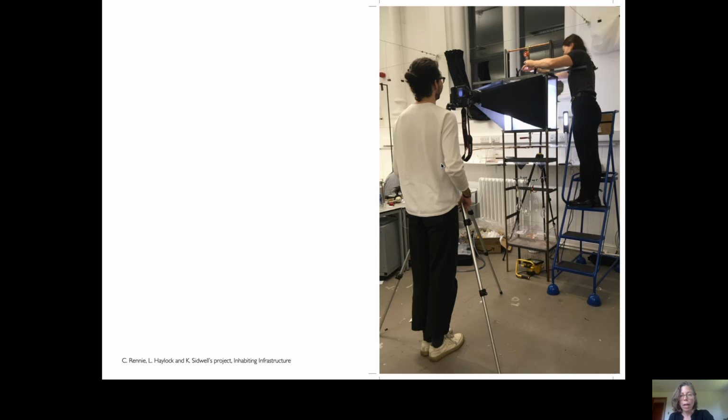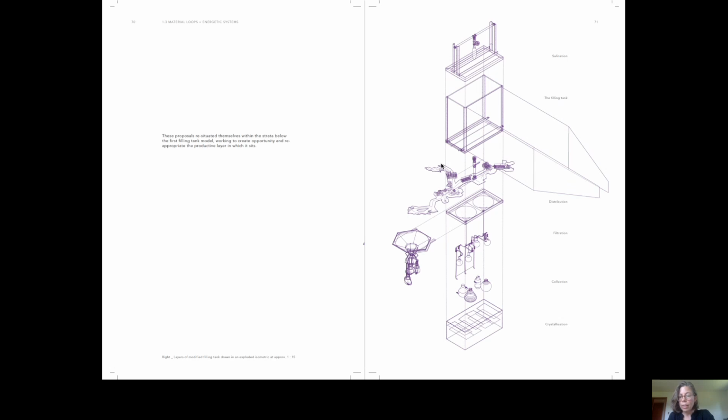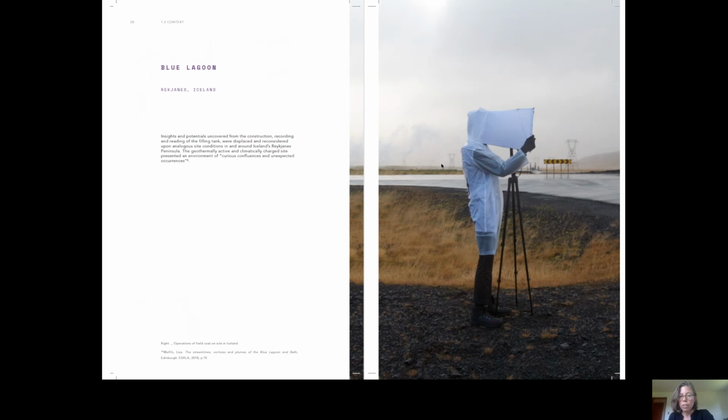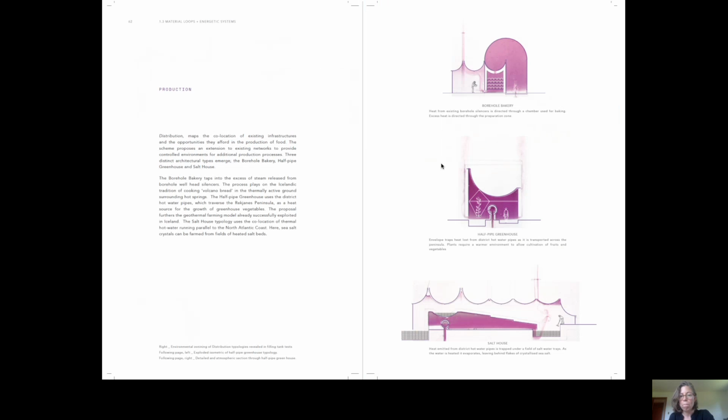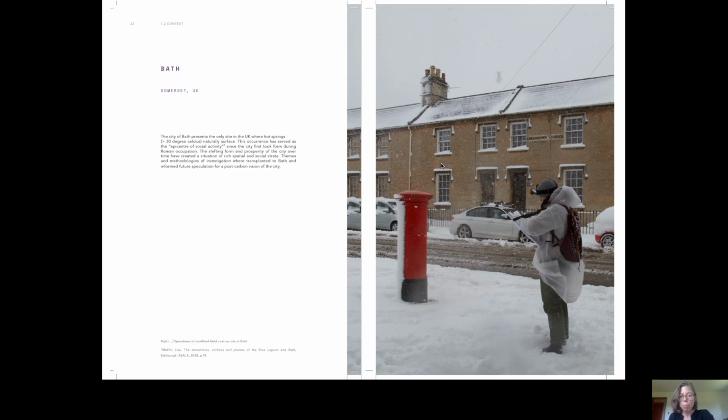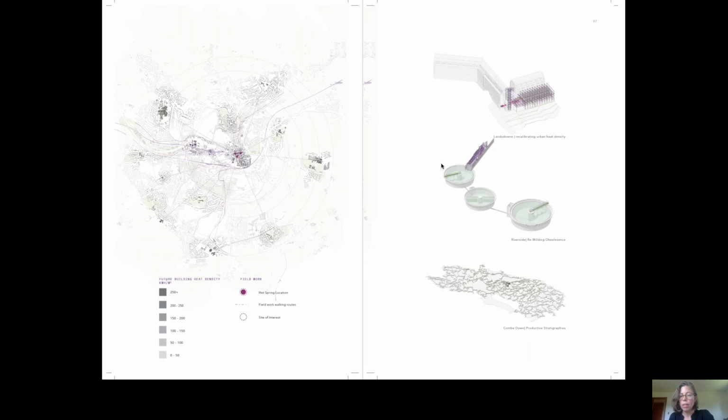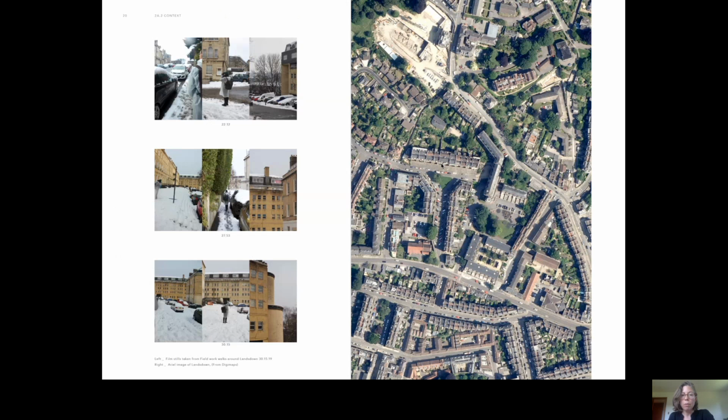So this multi-scalar capacity of the environmental model informed the work of Rennie, Haylock, and Sidwell in their project Inhabiting Infrastructure. They were really interested in material cycles and developing closed-loop systems, which opened up ways of thinking about larger territorial and infrastructural scale issues on site, both in Iceland, but also in Bath. They selected a series of sites of infrastructural obsolescence to then design within at